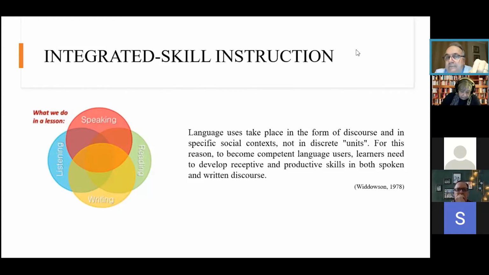For this reason, to become competent language users, our learners need to develop receptive skills as well as productive skills in both spoken and written discourse. In fact, this is the main philosophy of integrated skill instruction. Let me repeat my last statement: to become competent language users, the students need to develop their receptive skills as well as productive skills in both spoken and